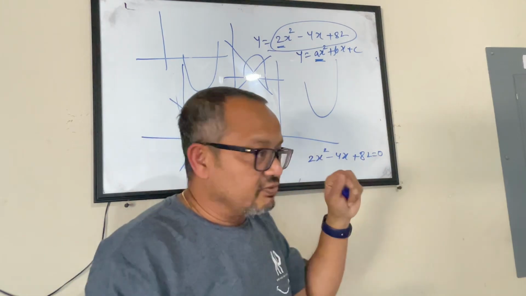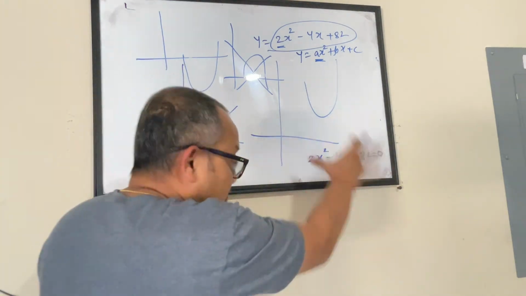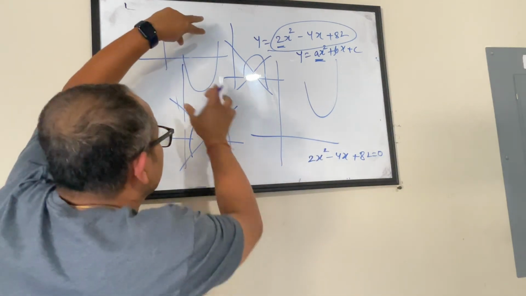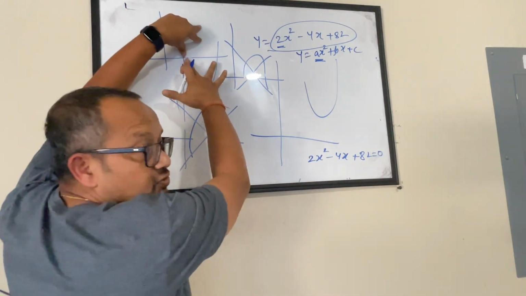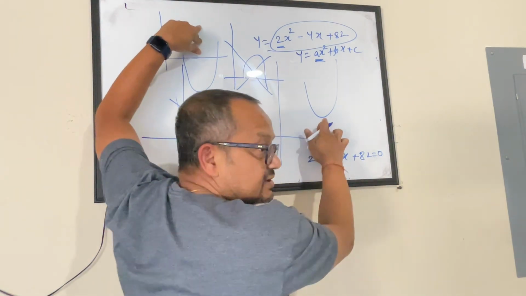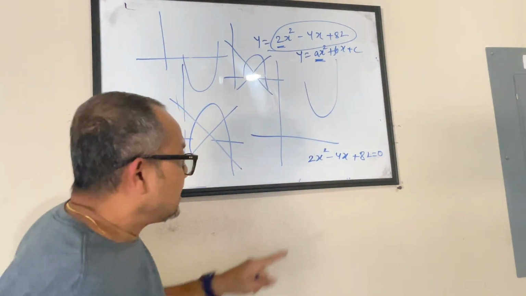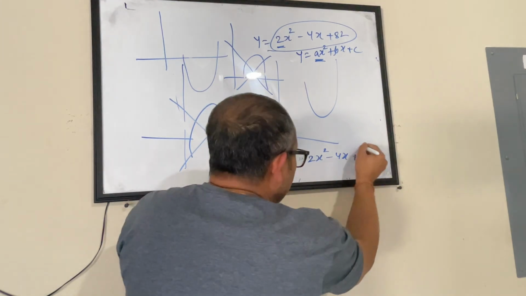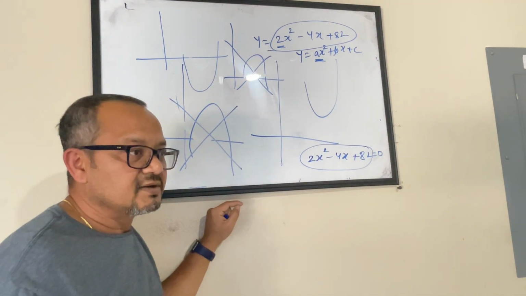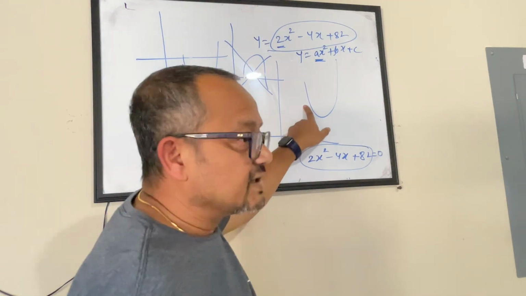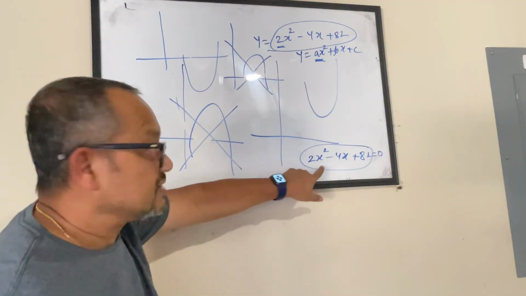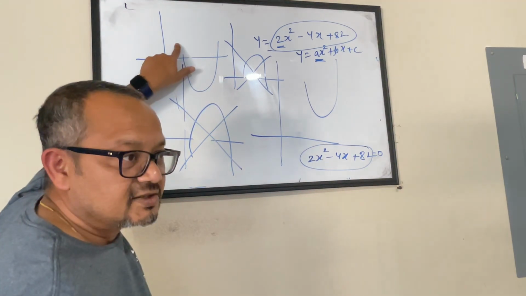Another intelligent move. Do you want to put the effort into solving it? Or just by looking at this, see, in this case it is solving for two values of x. That is why it is touching the x-axis. Here it's not touching the x-axis. Meaning, if I have no solution for this, then this is the case. If I have a solution for this, this could be a possible case.